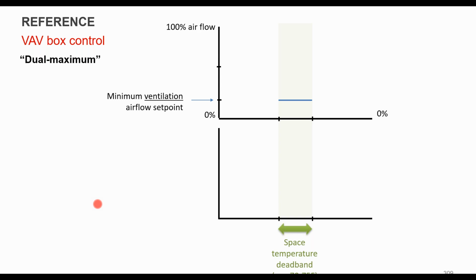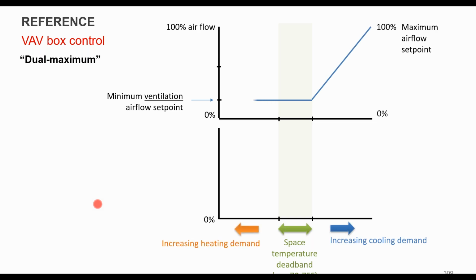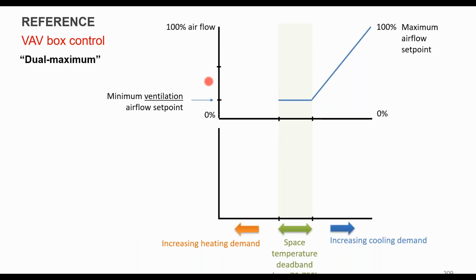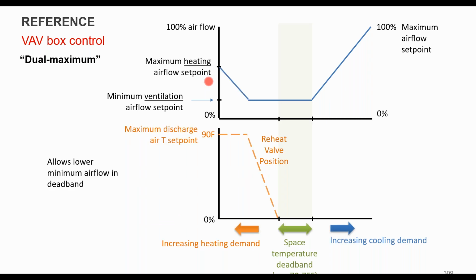So alternative for this, again, a fairly common, I'd say most box controllers now are doing what's called dual maximum or dual minimum controllers, where at the low end, when they get to heating, they actually start kicking back up, and the box will open up a little bit more. Generally, it's hitting up to about 50% airflow under the heating condition when you have a reheat coil like that. So again, understanding the different ways you can do that, right? I mean, some of the older buildings will have just a standard controller that doesn't actually increase the box or open the box damper anymore when you get to heating.